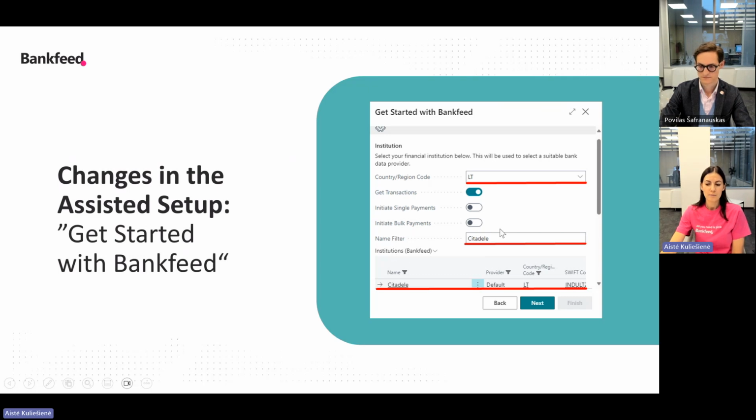You need to enter your bank name in the name filter window and press enter. After you find your bank, select it and press next. And later you will connect to your bank as usual.